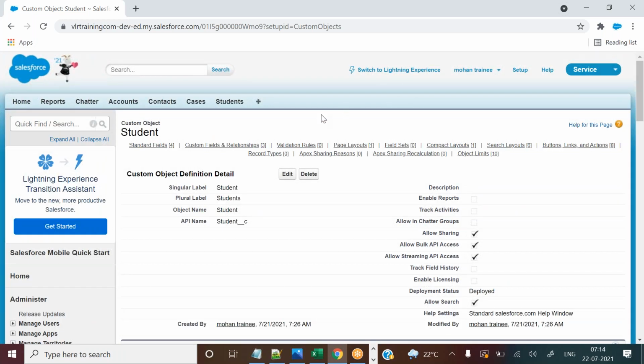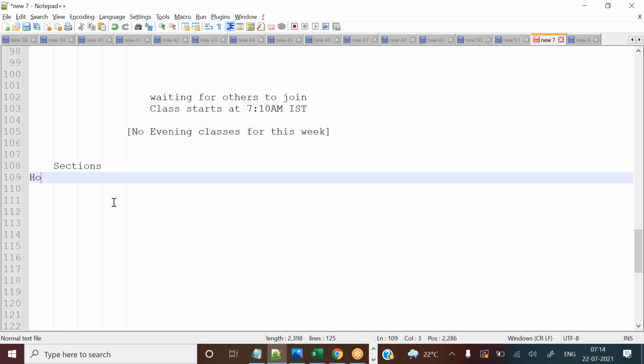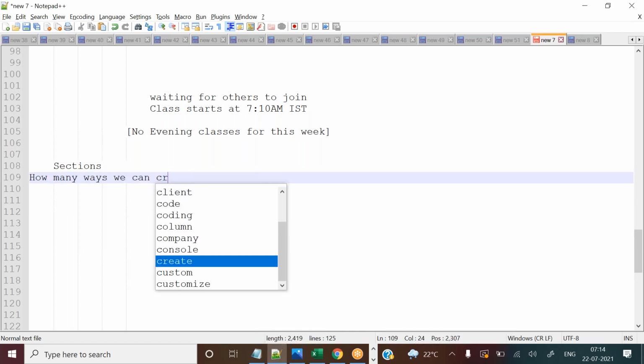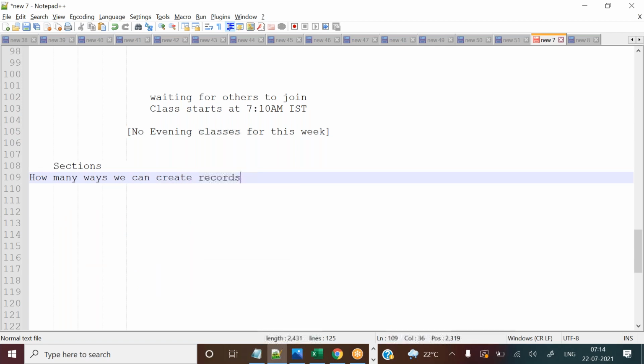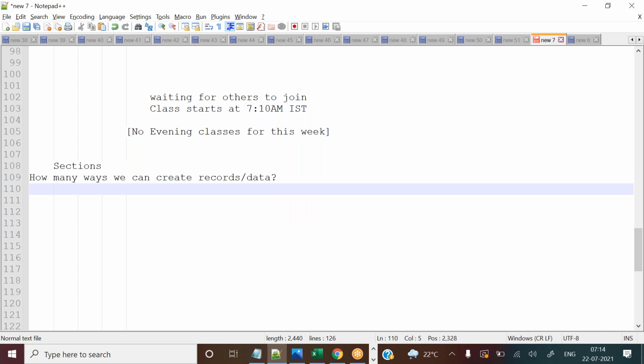And next, see, I have an object, I have fields, but I want to create records. So if I want to create records, how many ways can we create records or data? Yesterday we saw what is data or what is a record.